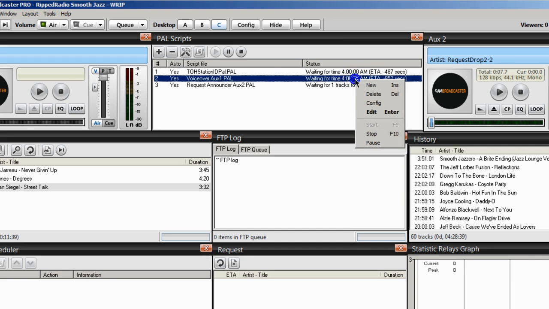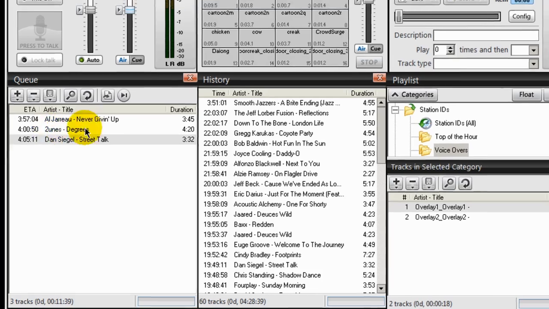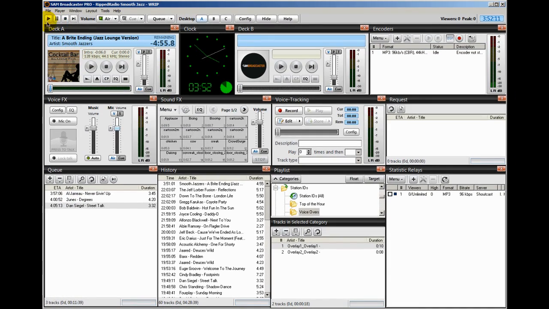So I'm going to stop the script and then restart it. And what this is doing, I'm just resetting it so that it will play the next song that I've tagged right here, Tunes. So I'm going to go ahead and start up my Sam Broadcaster again, and the song in deck A will continue to play. And I'm going to fast forward it, and the next song to load into the queue will be the one by Al Jarreau, Never Giving Up. And I'll fast forward that, and then we should hear the one by Tunes with a voiceover. So I'll advance this song,